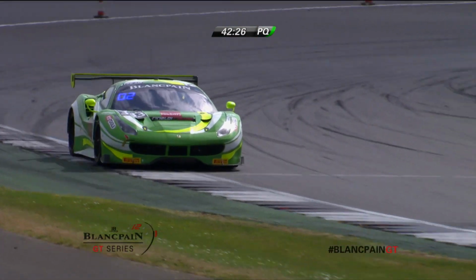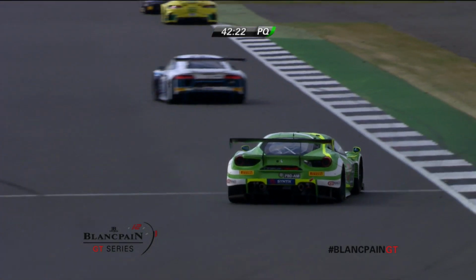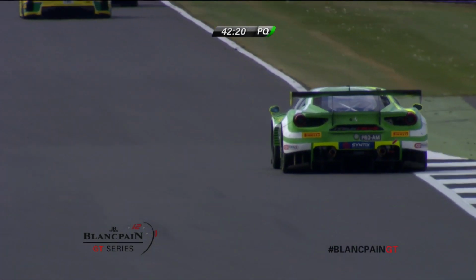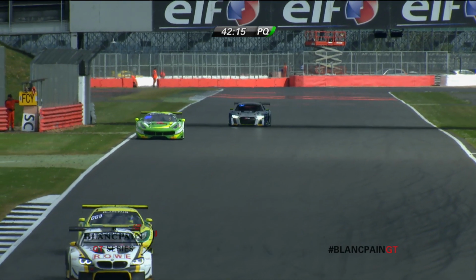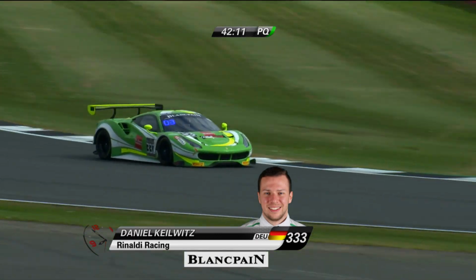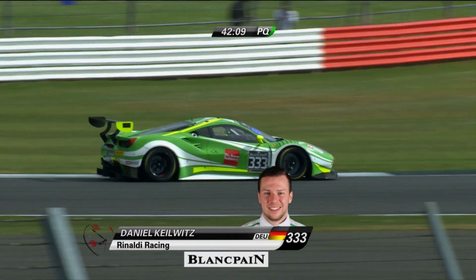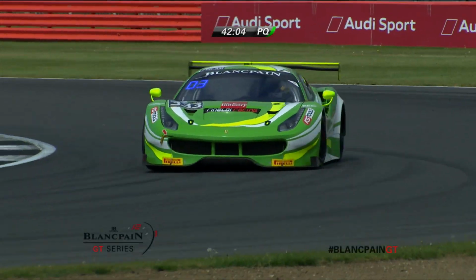Well, let's wait until Sunday. But there has been an additional driver briefing in which I think the clarification of what's permissible has been laid down in no uncertain terms. And in a sense, you can say every driver in the field is on notice. And saying that, Jules Gounon has just popped up into second place, so Mercedes first and second, and Daniel Karlovitz has got to finish his